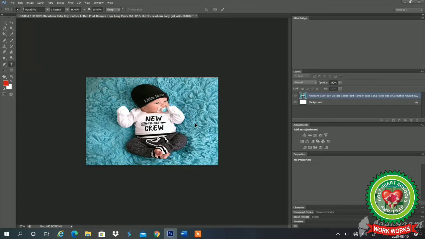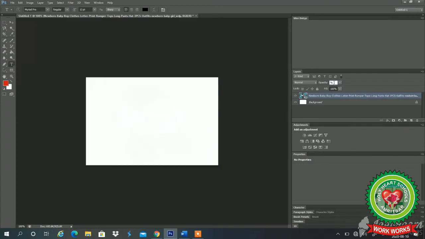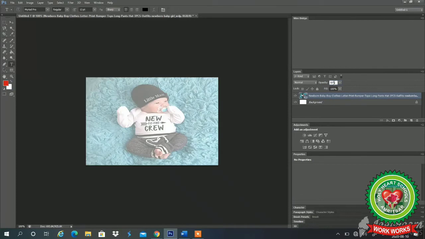Double click on it. Now you see that this picture is pasted over there. Now see in this layer palette we have this opacity. At present opacity is 100%. If you want it a little transparent, let's suppose I make it 50, see, the image has a little bit of transparency.